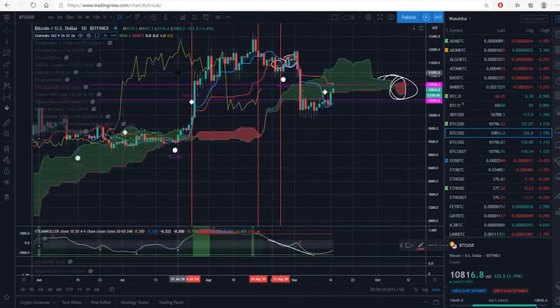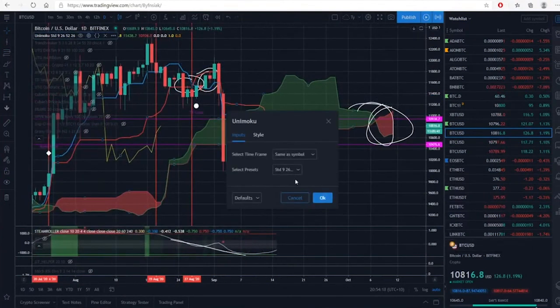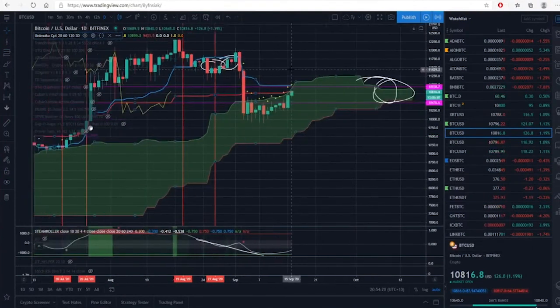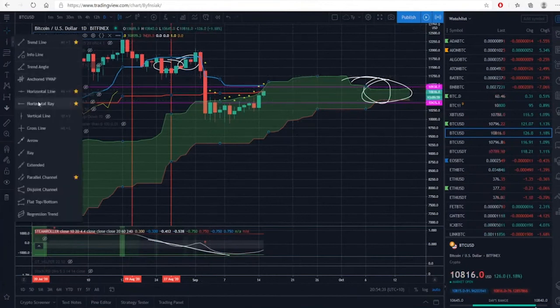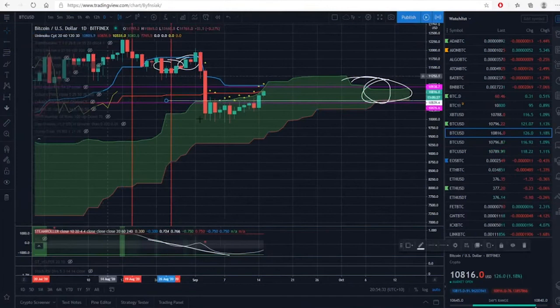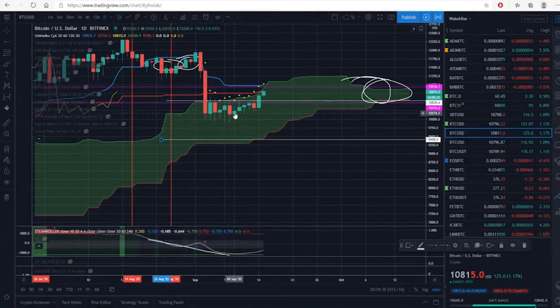Way back here, days beforehand. However, we may have looked to use the crypto settings to give us an overall look at whether we would use this as a level of support, or if we had a serious break inside the cloud, that this level may be worth engaging or looking at. So because we didn't have a significant break inside the cloud,